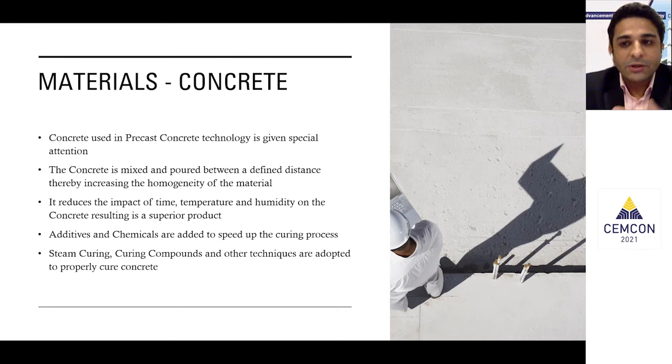Now, if I focus on certain materials and why precast stands an advantage, the first and foremost would be concrete. Because we manufacture our concrete in a controlled environment, it is manufactured and poured at the same location over the same time frame for the same duration. So we achieve a higher consistency. Therefore, our concrete more or less performs the same. A homogeneity in the concrete allows us to understand how it will perform and carry out better tests and better